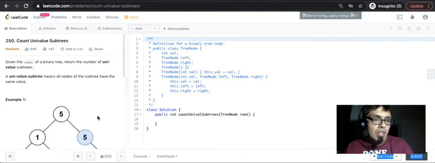The statement of the problem is: given the root of a binary tree, return the number